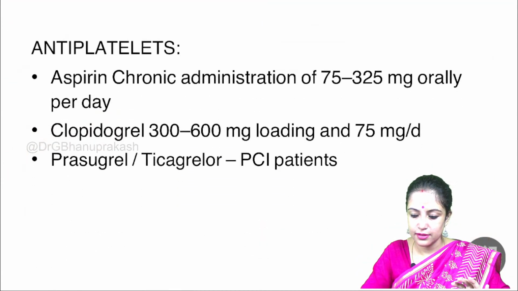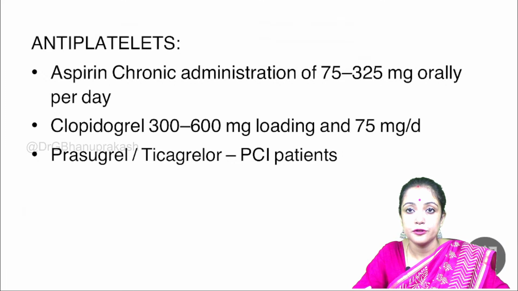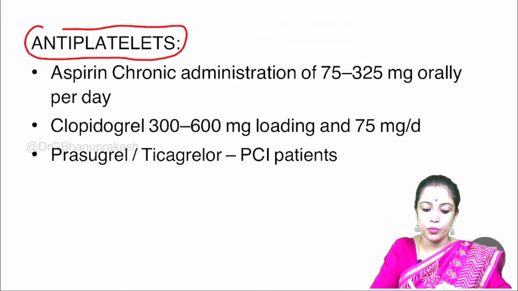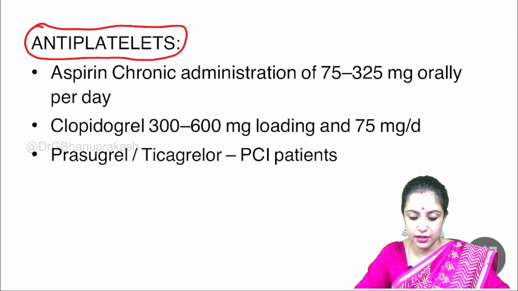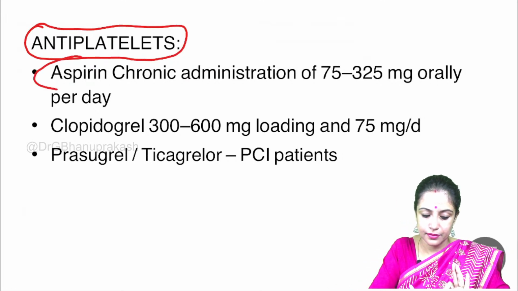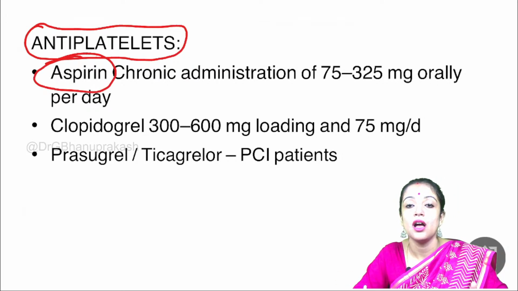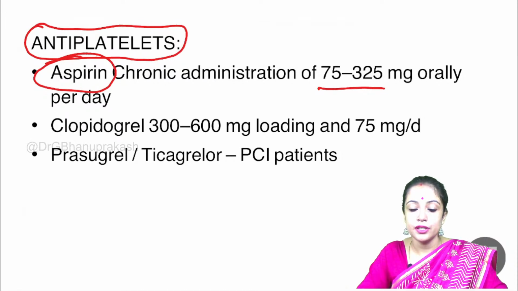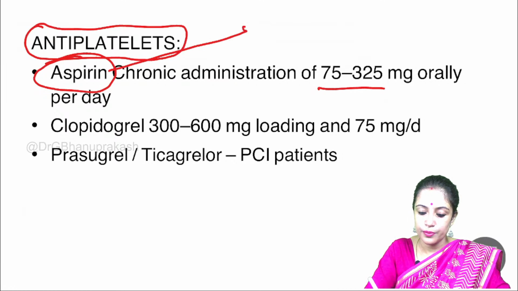So next, now I have talked about the anti-anginal agents: nitrate, beta blockers, and calcium channel blockers. Now, a very important group of drugs, that is antiplatelet. Among the antiplatelets, we use aspirin. The magic drug aspirin should be administered every day in a dose of 75 to 150 milligram per day. What does aspirin do?